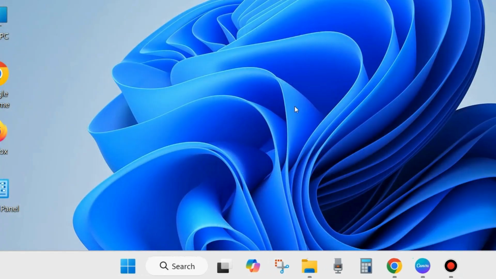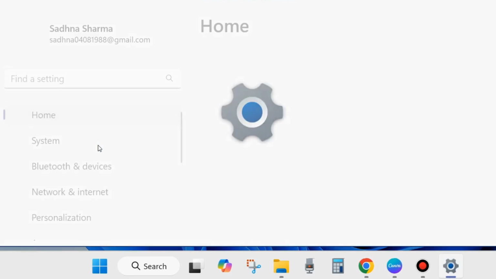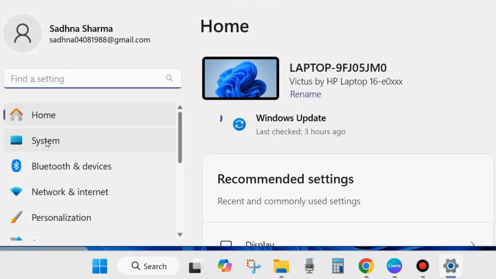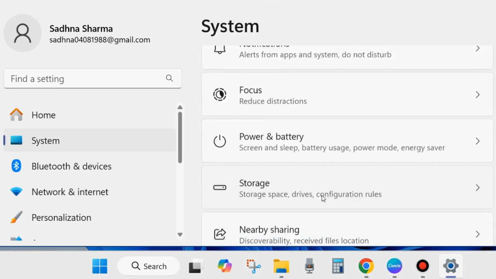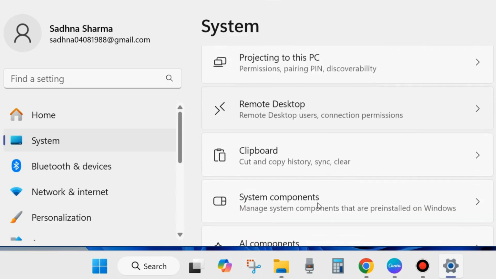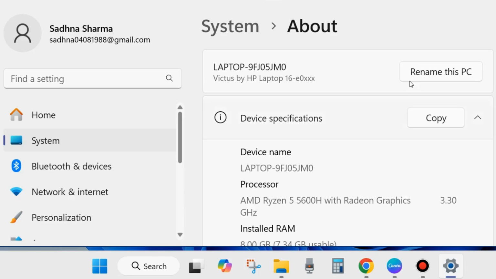And the next workaround is: right click on the Start button, choose Settings, and here from the left side go to System. Thereafter go to the right side, scroll down, and at the bottom of the page you will find the option About. Click on About. Here click on Rename this PC,